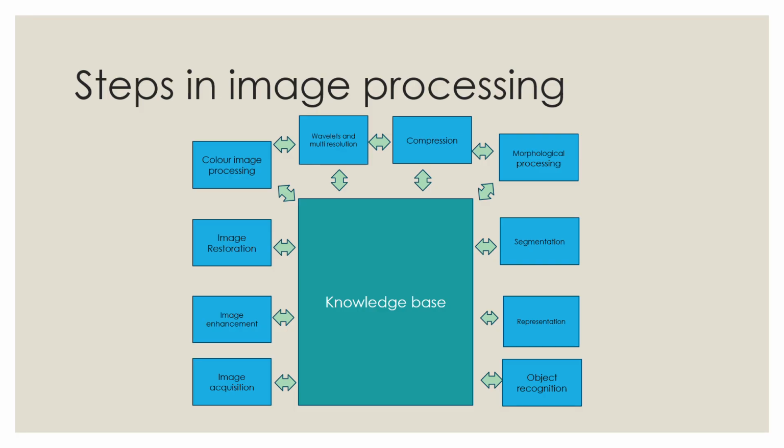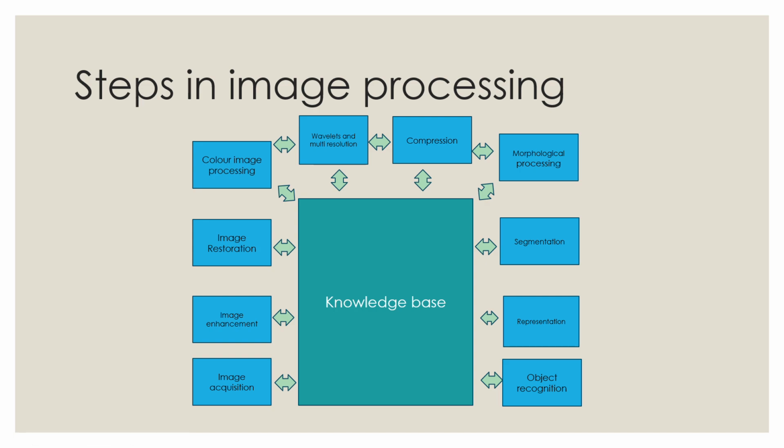The second one is a process known as image enhancement. Image enhancement improves the visual appearance of an image. So if you want to improve the contrast, brightness or any other improvement in the images which is subjective, then we can use image enhancement. This is done by means of filtering.